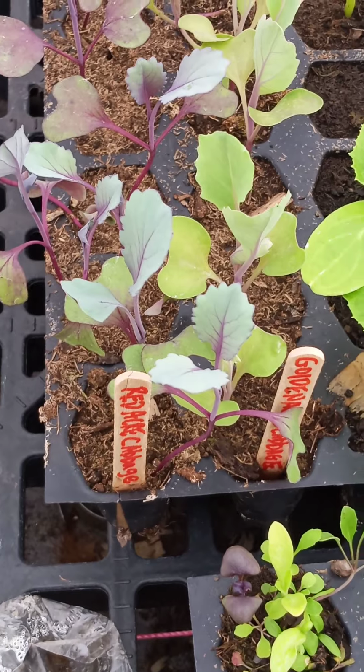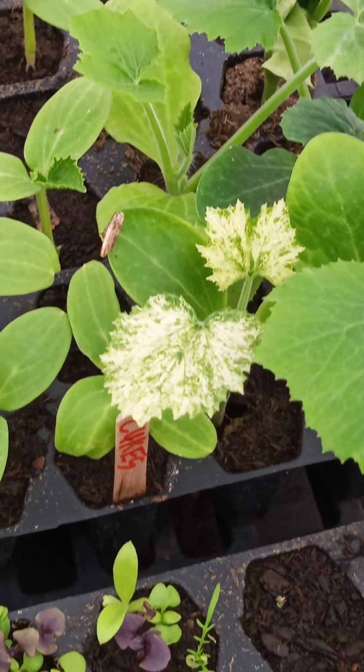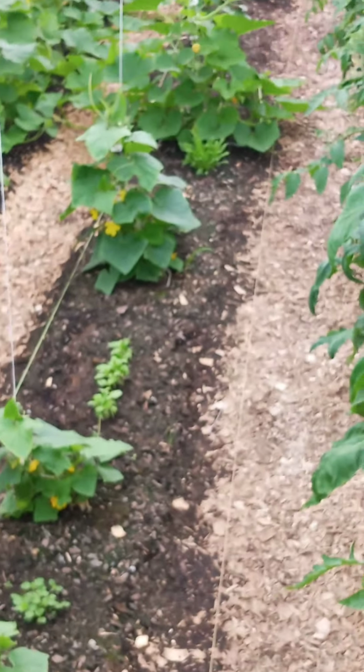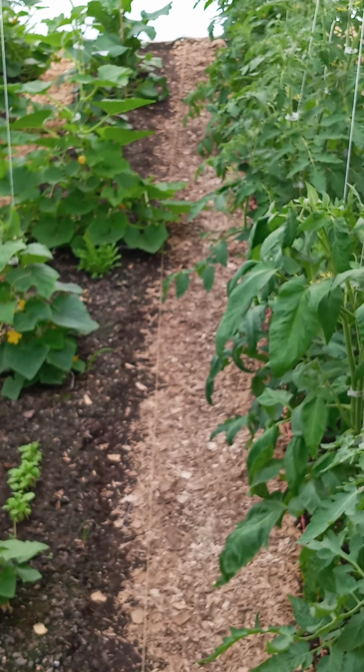But we have more cabbage, so that's a good thing. More cukes and a couple more zukes. But those cucumbers, I think, are going to come in handy, because we lost quite a few. Looks like we got 1, 2, 3, 4, 5, 6 that we pulled out down along the way, that she